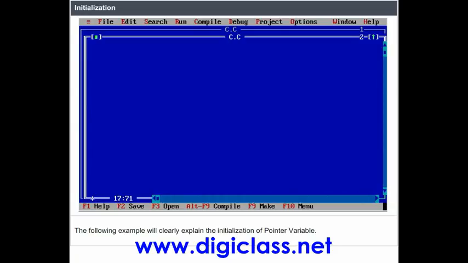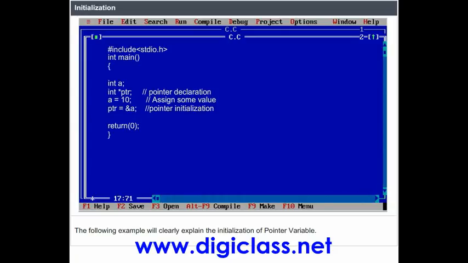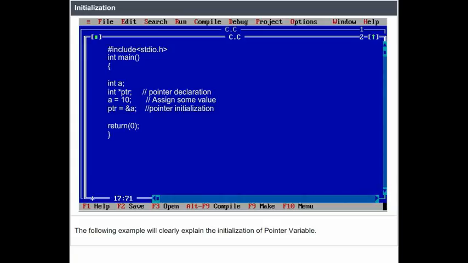The following example will clearly explain the initialization of a pointer variable. #include <stdio.h> int main() { int a; int *ptr; /* pointer declaration */ a = 10; /* assign some value */ ptr = &a; /* pointer initialization */